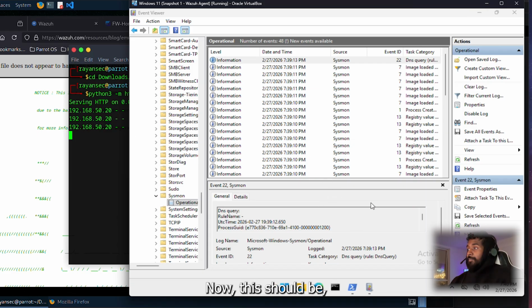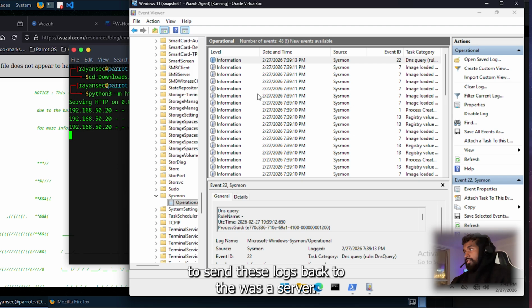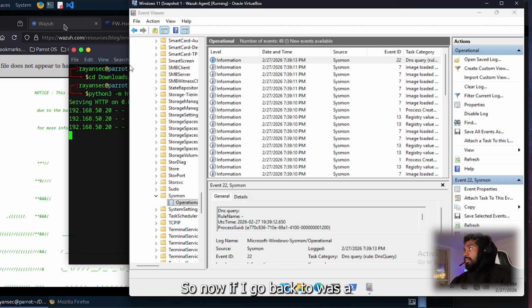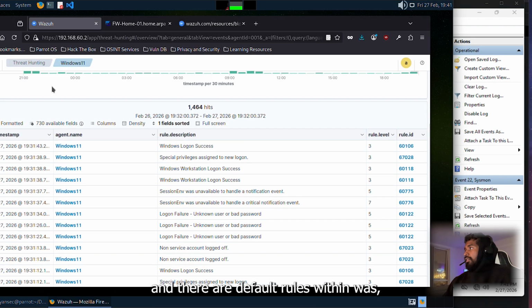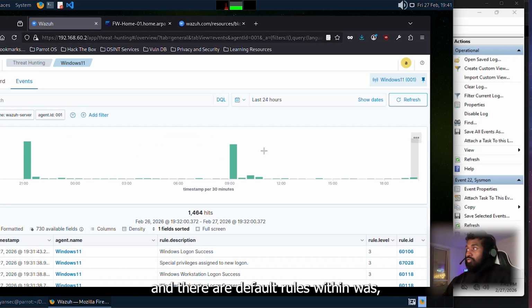So what we've done is install Sysmon to capture process telemetry, and we've configured the Wazuh agent to send these logs back to the Wazuh server. Now if I go back to Wazuh, there are default rules built on top of Sysmon, so you don't have to create any rules by default. As long as it's ingesting Sysmon logs, it will show you those events or alerts if there are any. So if I refresh this,